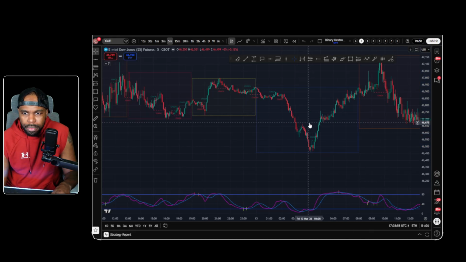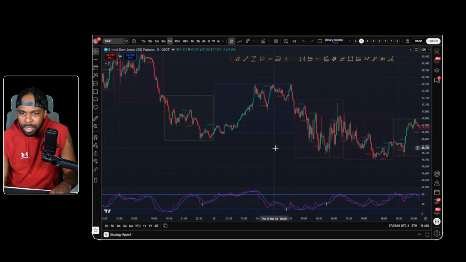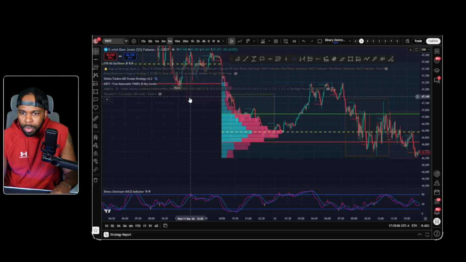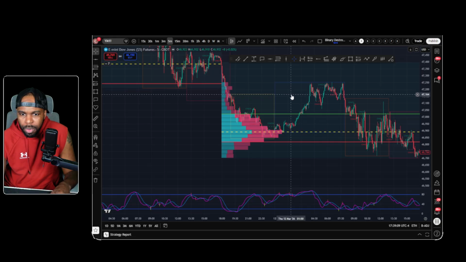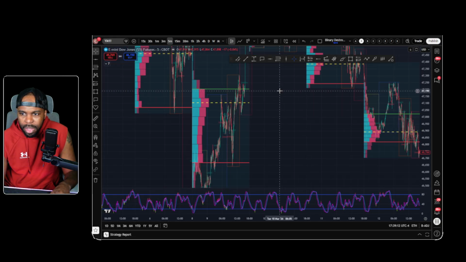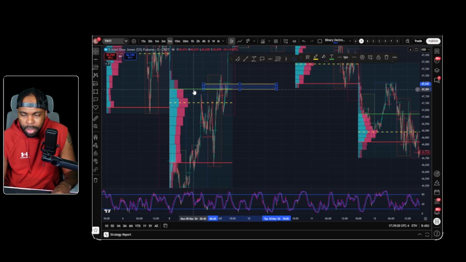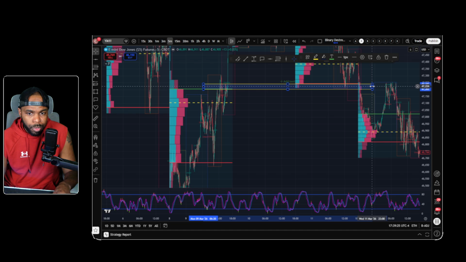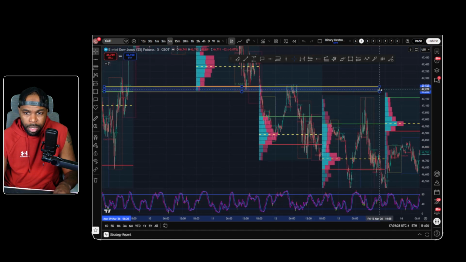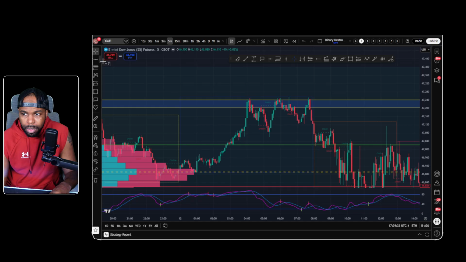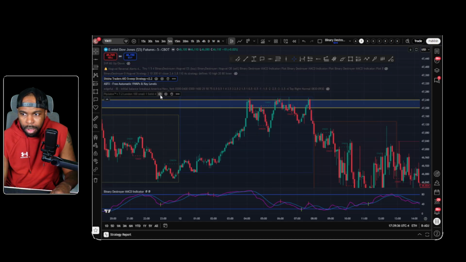Let's take that off. But you see how powerful this is when it comes to lining up, marking up your zones from this indicator. So we're going into this day here, right? So what I would do is I would look and see if I can find any levels that I can create a zone. I can create a zone right here based off of this value area high and this value area low, this red line here, and I will drag it into the session that I'm looking to trade in. And then whenever price gets into this level, right, I'll take this session volume profile off, turn the pip juice on,